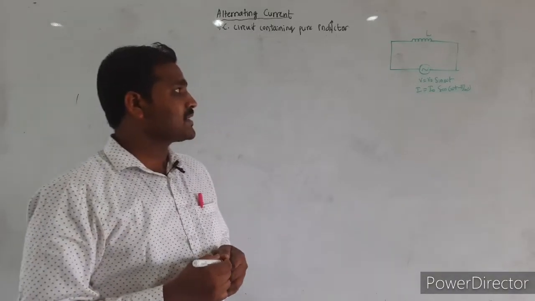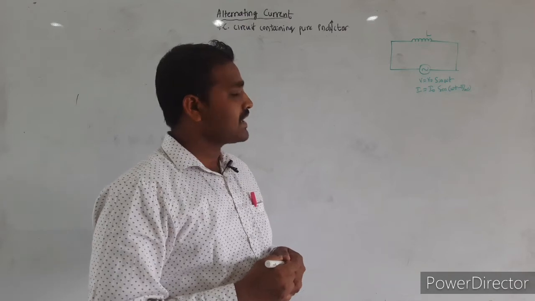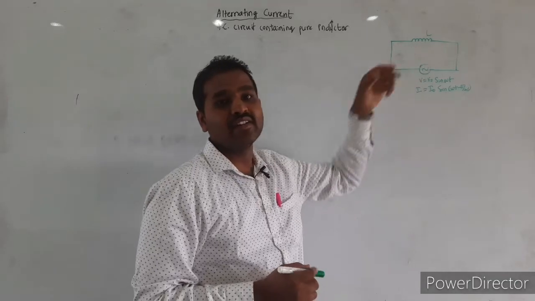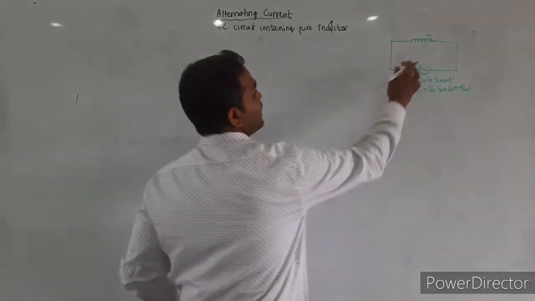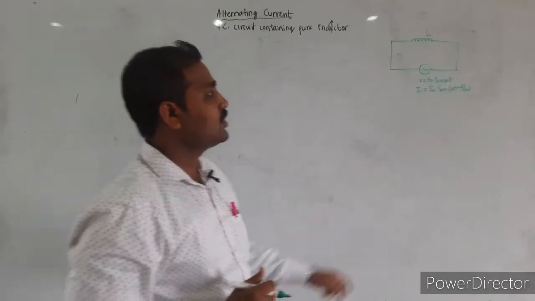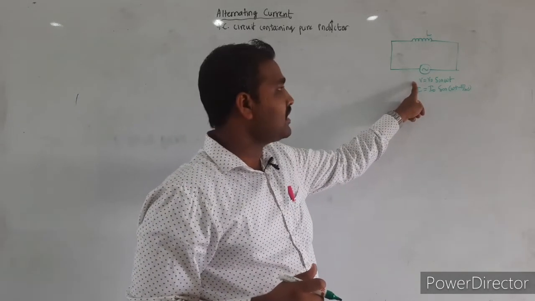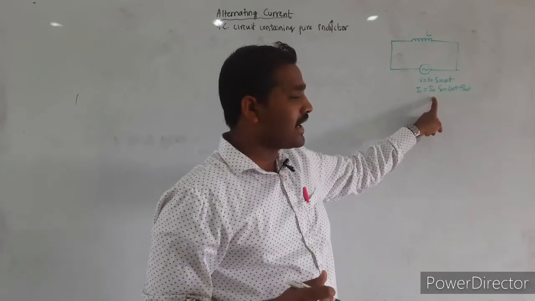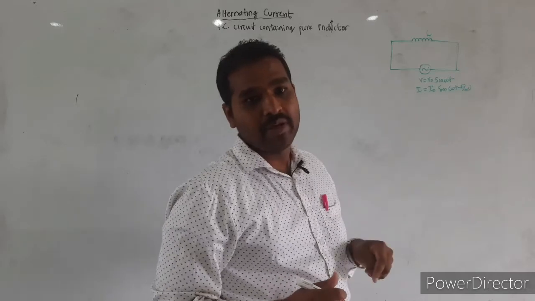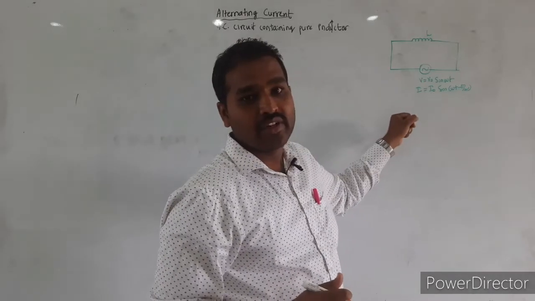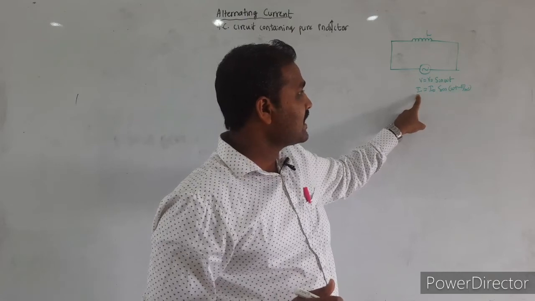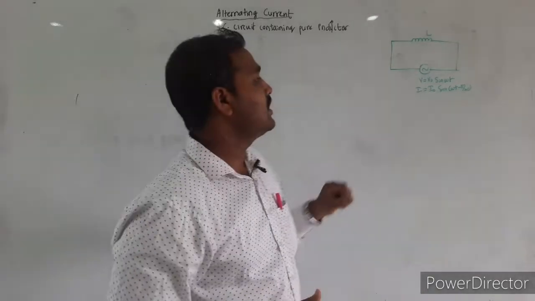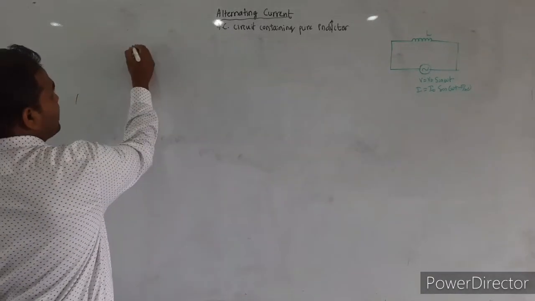Next, we shall represent graphically how the alternating current and alternating voltage vary for an AC circuit which just contains an inductor. This is the AC circuit containing a pure inductor. We know the equations for alternating voltage, V is equal to V naught sine omega t, and the alternating current, I is equal to I naught sine of omega t minus pi by 2. From both these equations, we clearly observe that the alternating current lags the alternating voltage by pi by 2 radians, that is 90 degrees. Let us plot the graphs here.